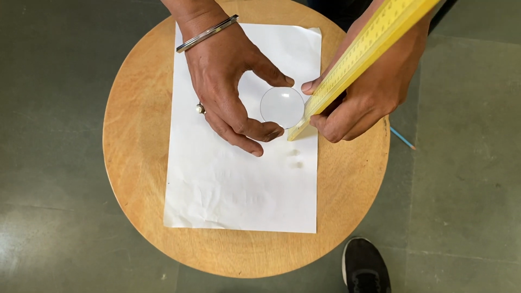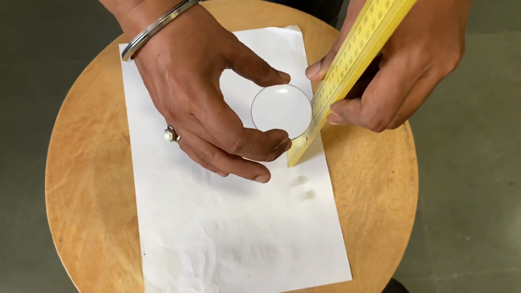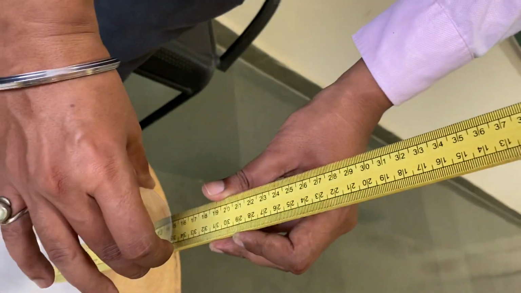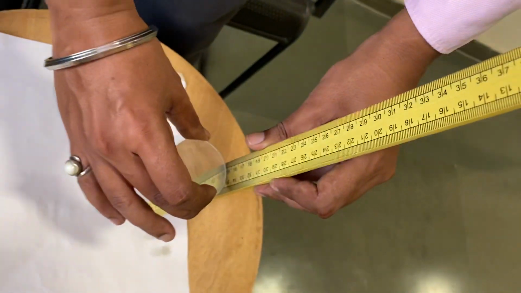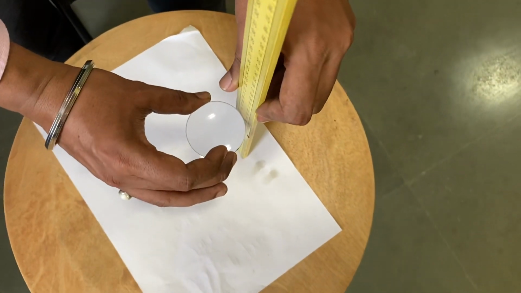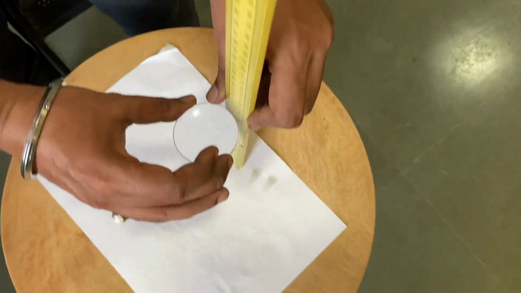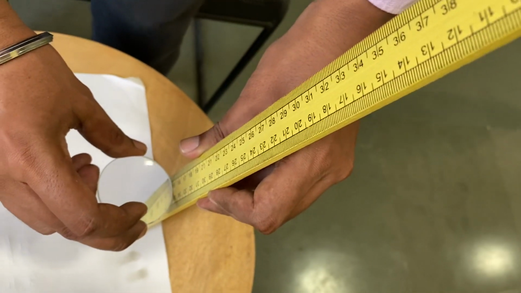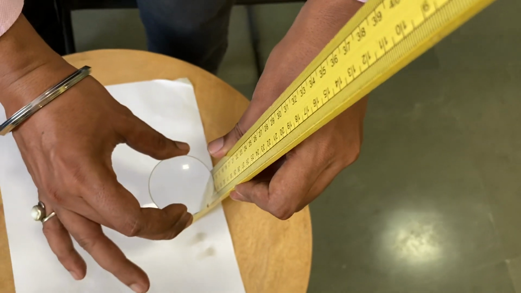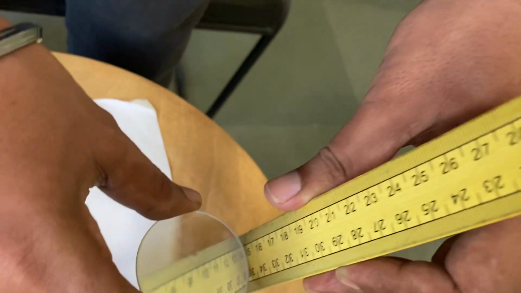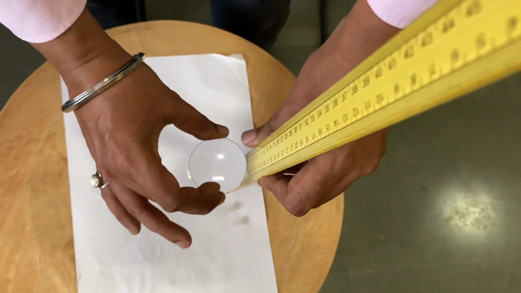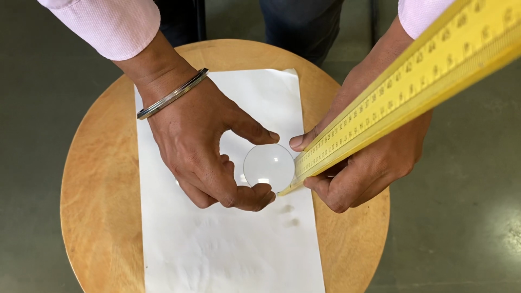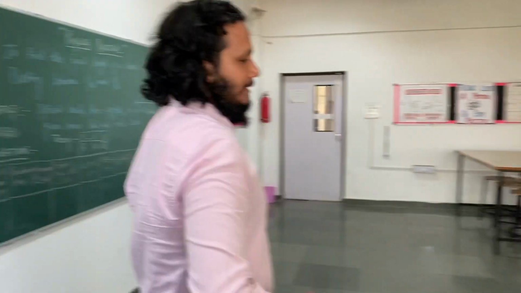Here you can see the measurement part, that at exact 50 centimeter the image is formed clearly on this given screen, and if we move the screen either in the upward or downward direction, the image will become blurred. So that is why we fix it at 15 centimeter, and from here you can see the observation that at exact 15 centimeter we get a clear image of this source on the screen. So the rough focal length of this given convex lens is 15 centimeter.